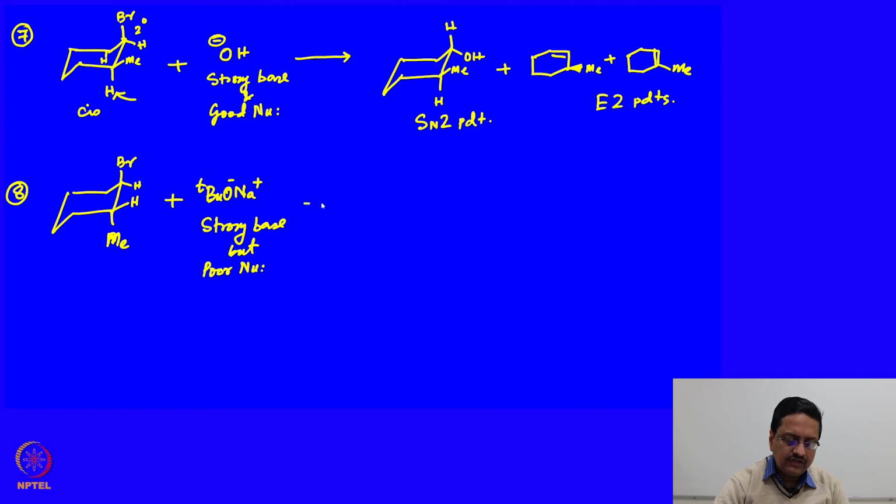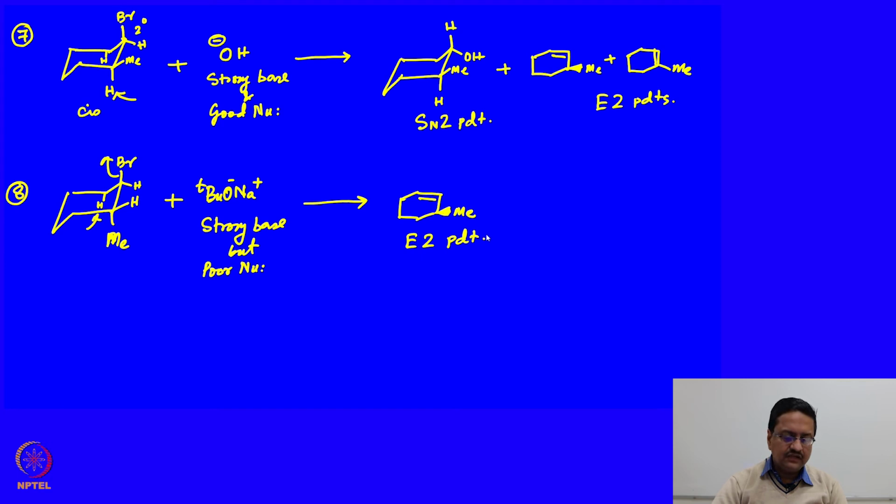So, this will only give you the elimination product, and here the elimination is possible only from that particular hydrogen. So, it will take this proton and bromine will eject from there. So, you will end up getting only one product, which is the E2 product,